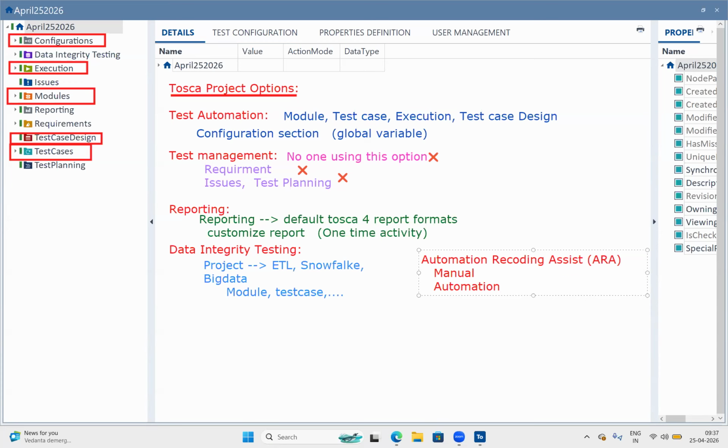See here, team, what it helps us with. Whenever you are interacting with the application, it will capture all of your actions and convert all those actions into an automated test case. Understand? Can you elaborate more, please? Exploratory testing also. So using this ARA feature, you can do manual testing, automation testing, and exploratory testing also. Let me add this screenshot into the doc. Later I can show you.